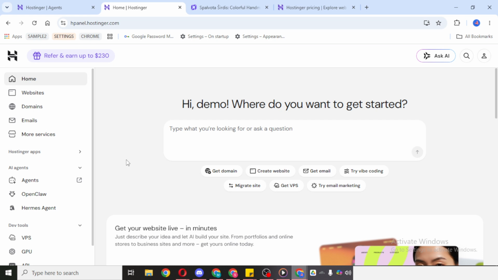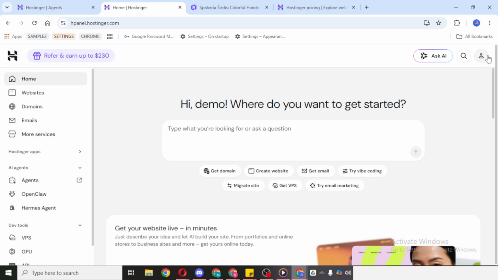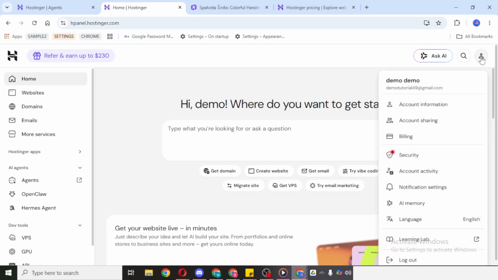This is usually where your account settings, personal details, and billing-related options are grouped together. Clicking on your profile will open the area where you can manage information connected to your account, including payment and invoice details. From the profile area, click on Billing.